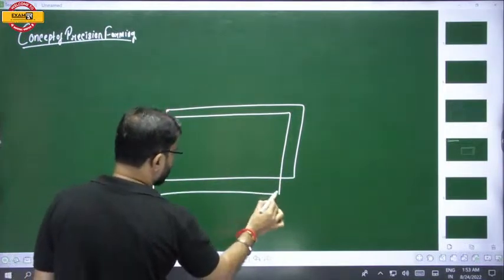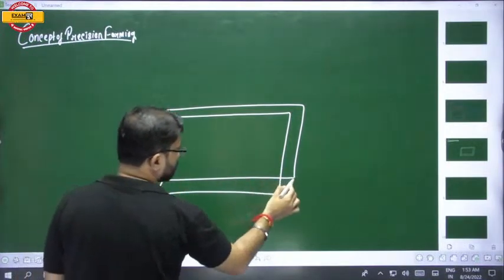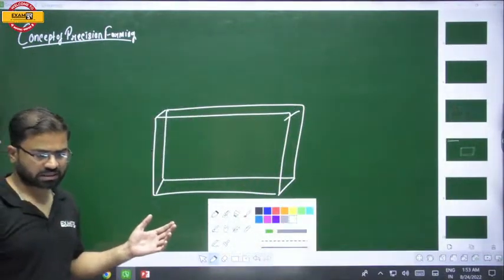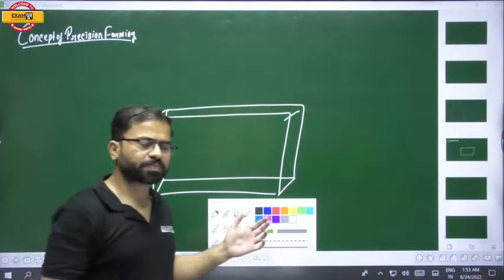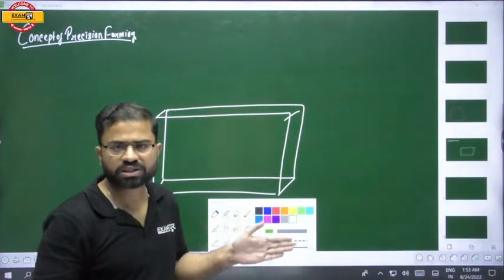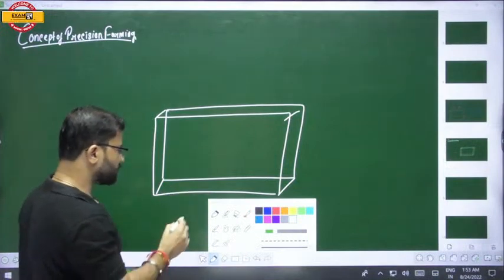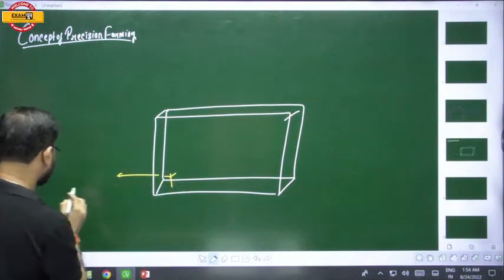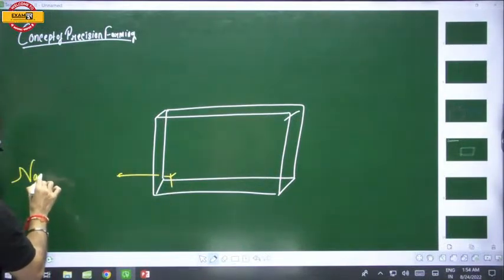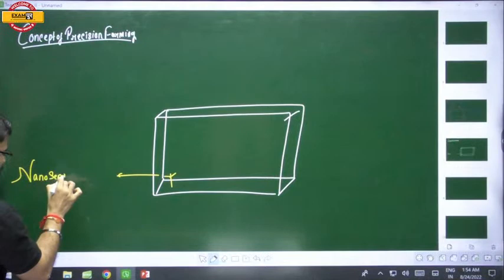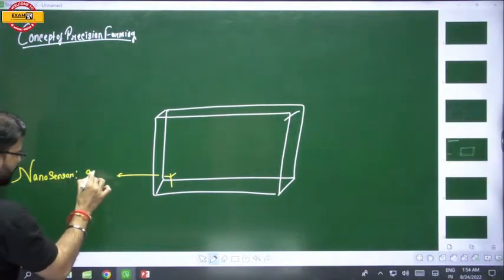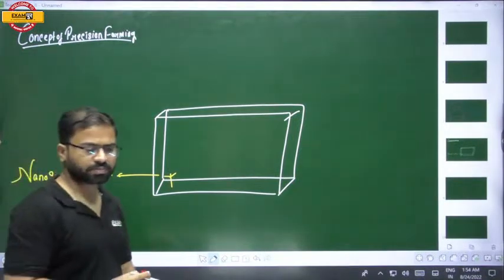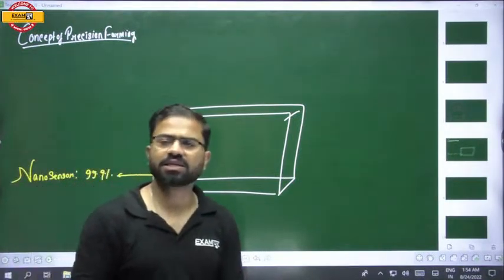This is your agricultural plot. Now, basically we are utilizing nano-based sensors. What is the importance of the precision farming? The precision farming जो है, मैंने बताया nanotechnology and drone technology. So here what you are using, this nano sensor. What is this? This is your nano sensor. Nano sensors. Why you are using nano sensors? Nano sensors are being utilized because its accuracy जो है, it is greater than 99.9%. The accuracy of nano sensor is greater than 99.9%. What is the reason behind it?